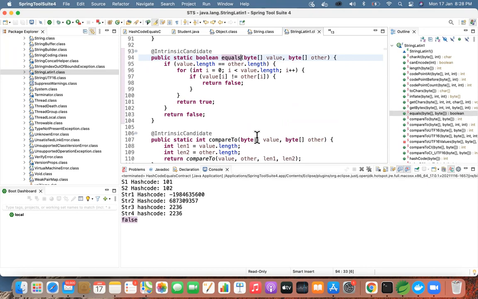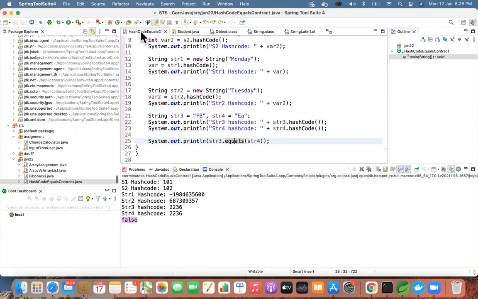Now, can you go to your contract class, create 2 more objects of string, like you did in line 21, create 2 more and just have the same input. Give the same FB.